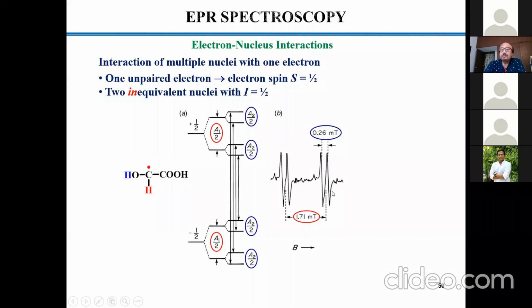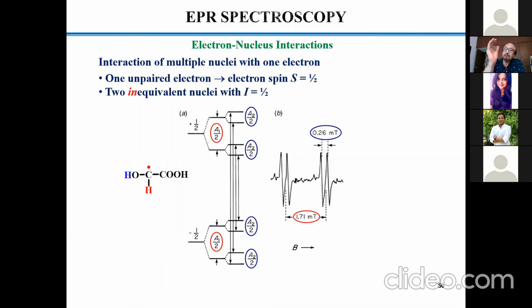Okay, now once you get the 2 doublets, then naturally you will be getting 2 A values. Already I said what the A value is when the lines are getting split. The difference between the 2 lines, in terms of magnetic field, that means Gauss, that difference would be considered as your A value. But here though you are getting 4 lines, essentially you are getting initially 2 lines, and each line is being split further into another 2 lines. So that one gap is the middle of this one to the middle of this one. That means 1.71